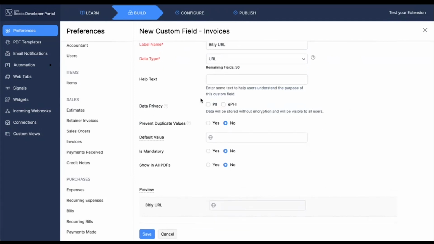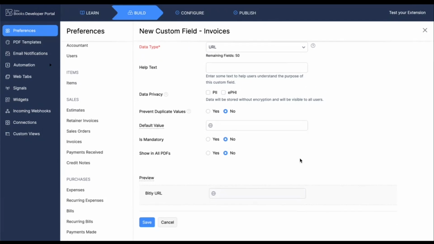Then if required, we can provide a help text for this particular custom field. This is to inform the users what this particular field is for. And if you want to give any default value, you can provide that over here. Then if you want this custom field to be available in all the invoices, you can make it mandatory. In my case,